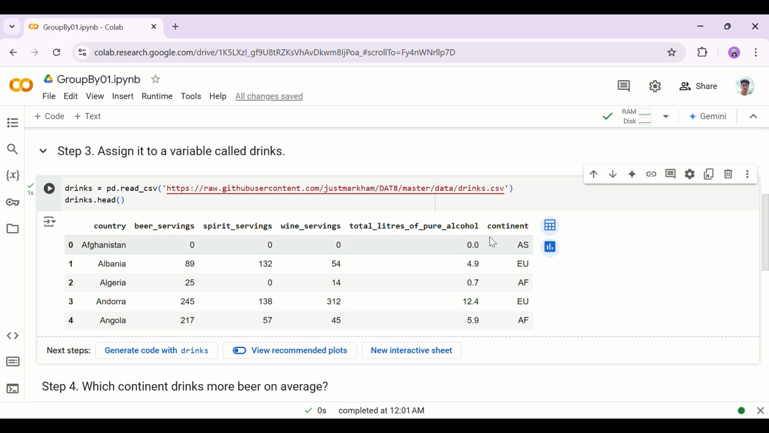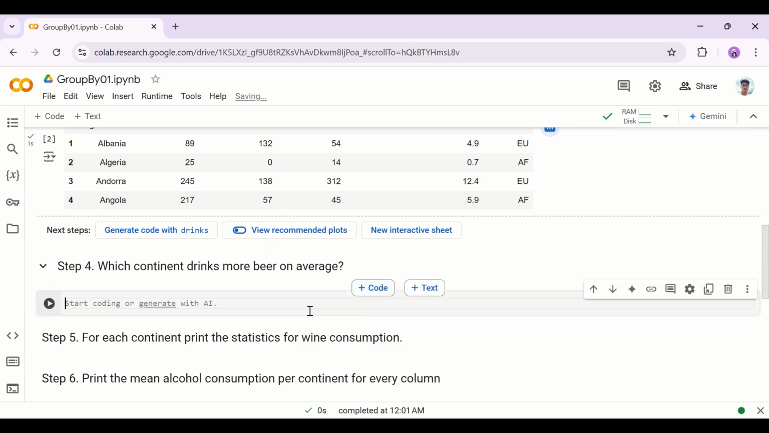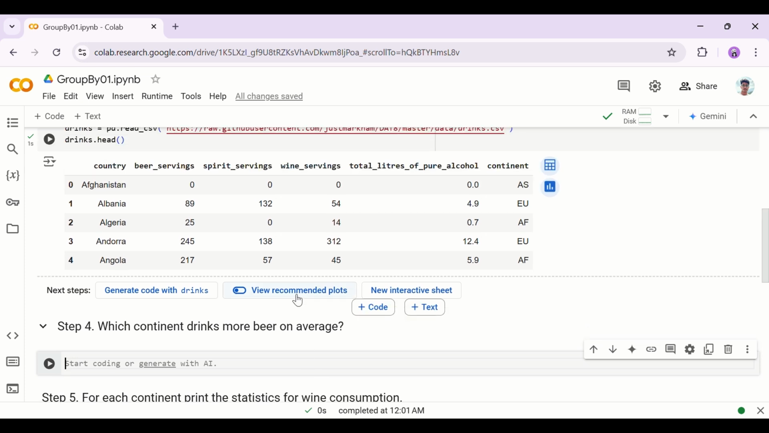So the first question we have is which continent drinks more beer on average? So let's see how we can do that. Our dataset name is drinks. So drinks dot, we need to group by continent, right? Then simply we need to find the mean of beer serving dot mean,